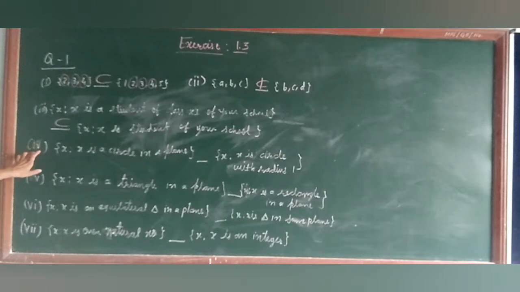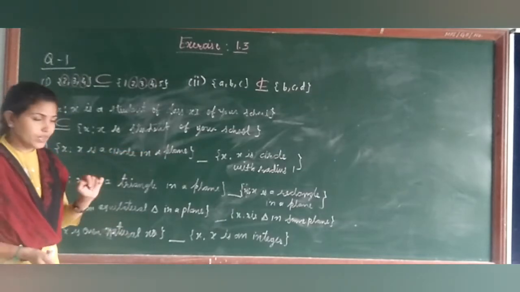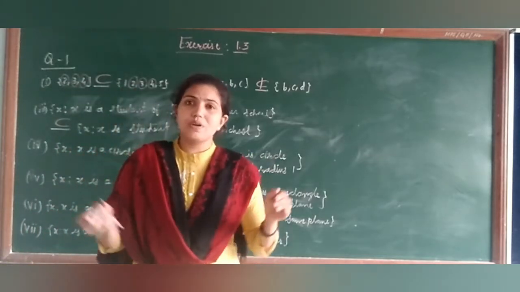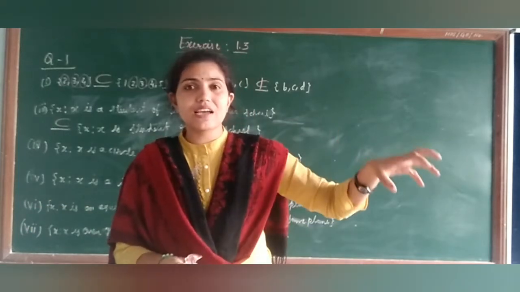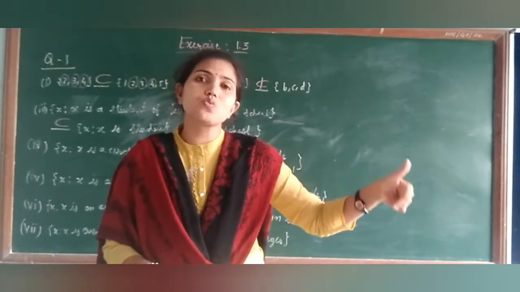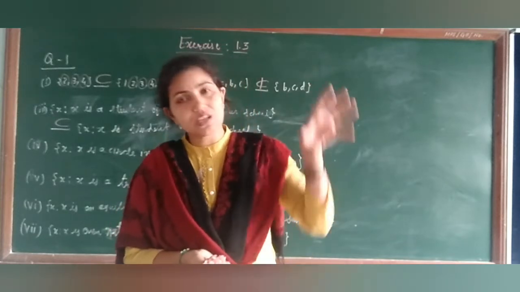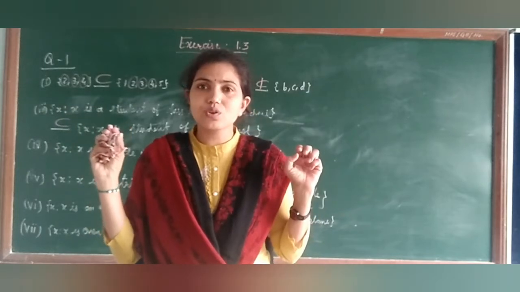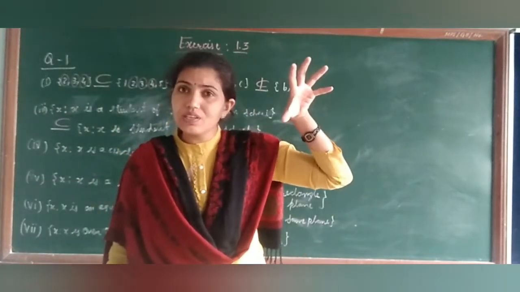Third, then fourth, X, where X is a circle in a plane and X is a circle with radius 1. तो हमें सारे सर्कल लेने हैं जो प्लेन के अंदर एग्जिस्ट करते हैं. एंड सेकेंड सेट इज द सर्कल विद द रेडियस 1. तो स्टूडेंट, विच वन इज द लार्जर वन? पूरे सर्कल का सेट लार्जर होगा या फिर 1 रेडियस वाला सेट लार्जर? ऑब्वियसली लार्जर सेट इज द ऑल द सर्कल्स.